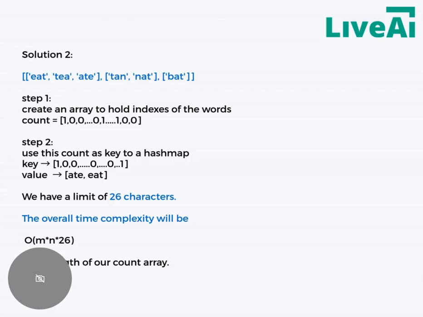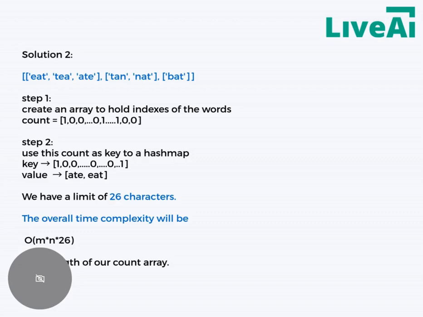So what is it going to hold? We are assuming the string is only going to have characters between lowercase a to lowercase z. That's the reason it is an array of 26,